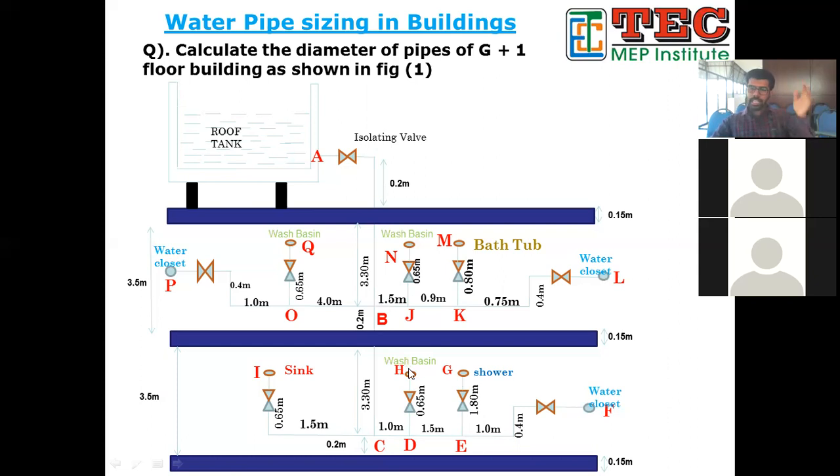The next column is written as GPM. So with respect to this 4.5, what is the GPM? With respect to this 7, what is the GPM? Then the final column will be pipe size. With respect to this GPM, you can write the pipe size there. Similarly, coming from the back, finally you can find the pipe size of this. So this is the method. I believe there is no doubt, and I think it's clear with you.